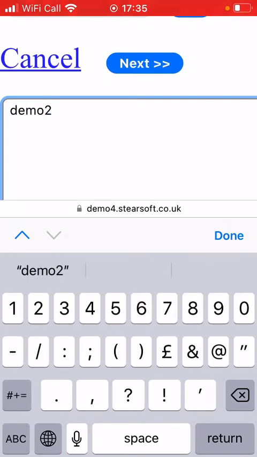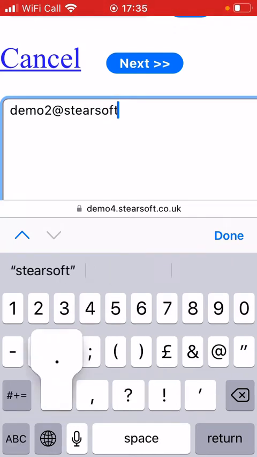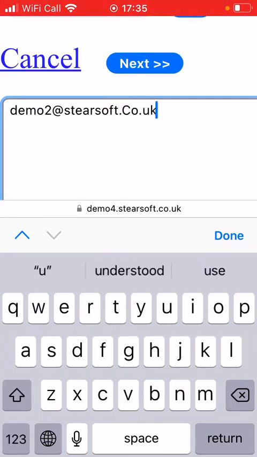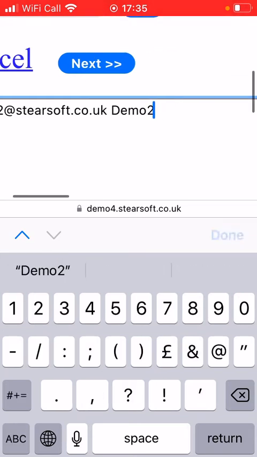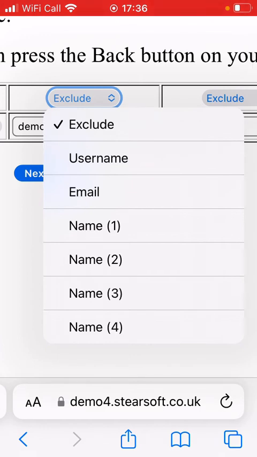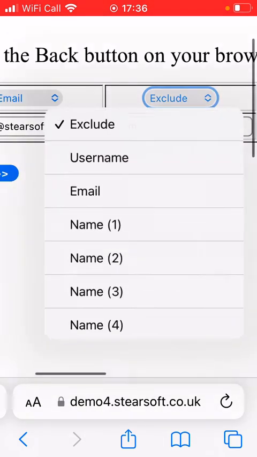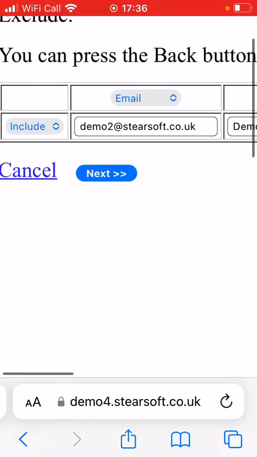You can do this in any order, but I'm going to do email address first. STEARsoft.co.uk. I'm doing all this live, so if it seems slightly slow, you can speed it up. Just use the settings in the YouTube. Right, so demo 2, and I'm going to use a username like that, demo 2, done, and we're going to go next. So this is my email address. You can do copy and paste to import lots of accounts, that's why this is done like this, and this is my username, next,